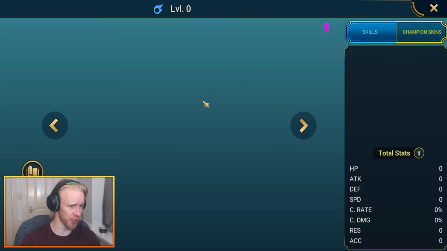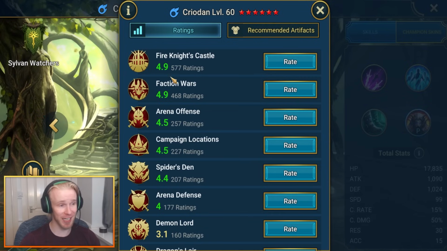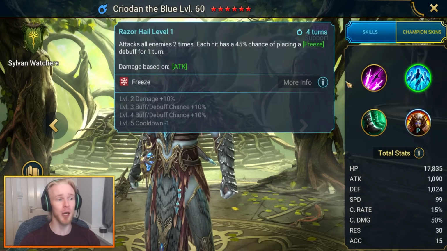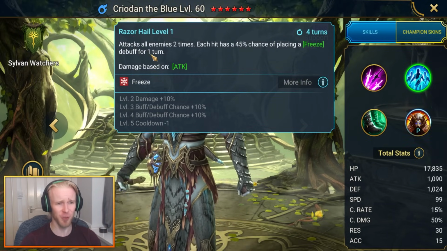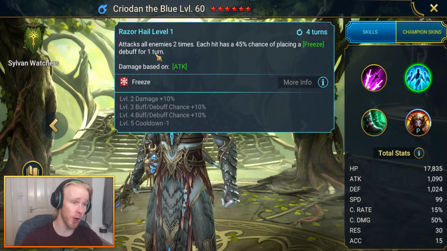Next up, man, a less discussed Spider champion is going to be Creodan. Creodan is, of course, amazing into Fire Knight's Castle. He's only ranked as a 4.4 into Spider's Den, which I think is absurd given that he brings an attack all enemies 2 times each hit, 65% chance of placing a freeze debuff for 1 turn. Again, if you just don't build your Creodan for damage, he can do a similar job as Achak the Wendron,